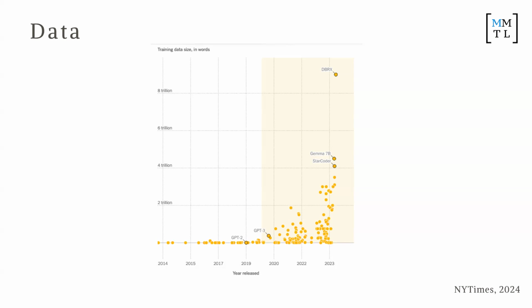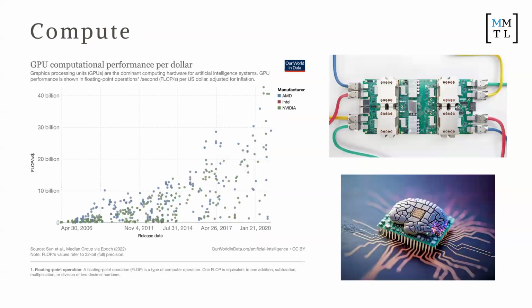But it doesn't seem to be catching up to what AI needs. Okay. Now we also have a lot more compute power as well. So again, this is an exponential curve showing that GPUs are getting increasingly powerful, right? But a big question is, can we do better than GPUs? And the answer is potentially.